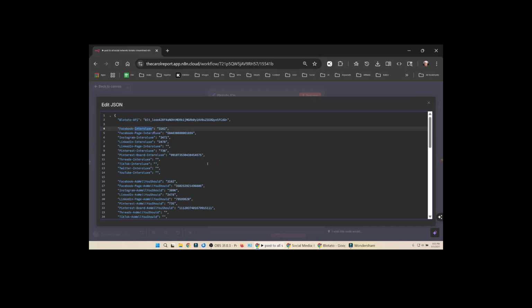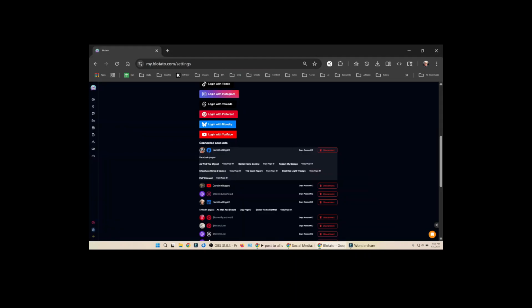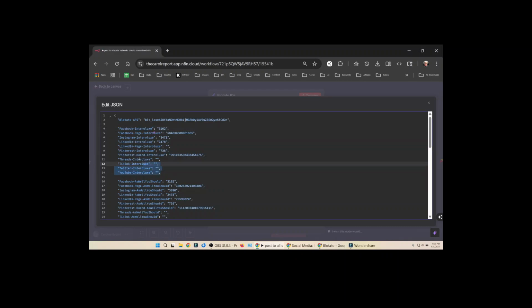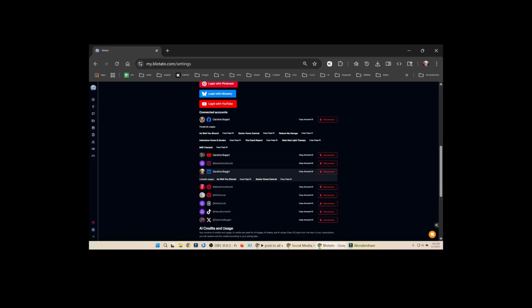So for each brand that you take on as an agency, you need only create your IDs here in Blotato. You're connected to all of your networks, and then take these IDs and create a new set of variables that corresponds with both the brand and the IDs that you just created. So if you were to create new YouTube, Pinterest, LinkedIn accounts, you would grab the accounts and the page IDs